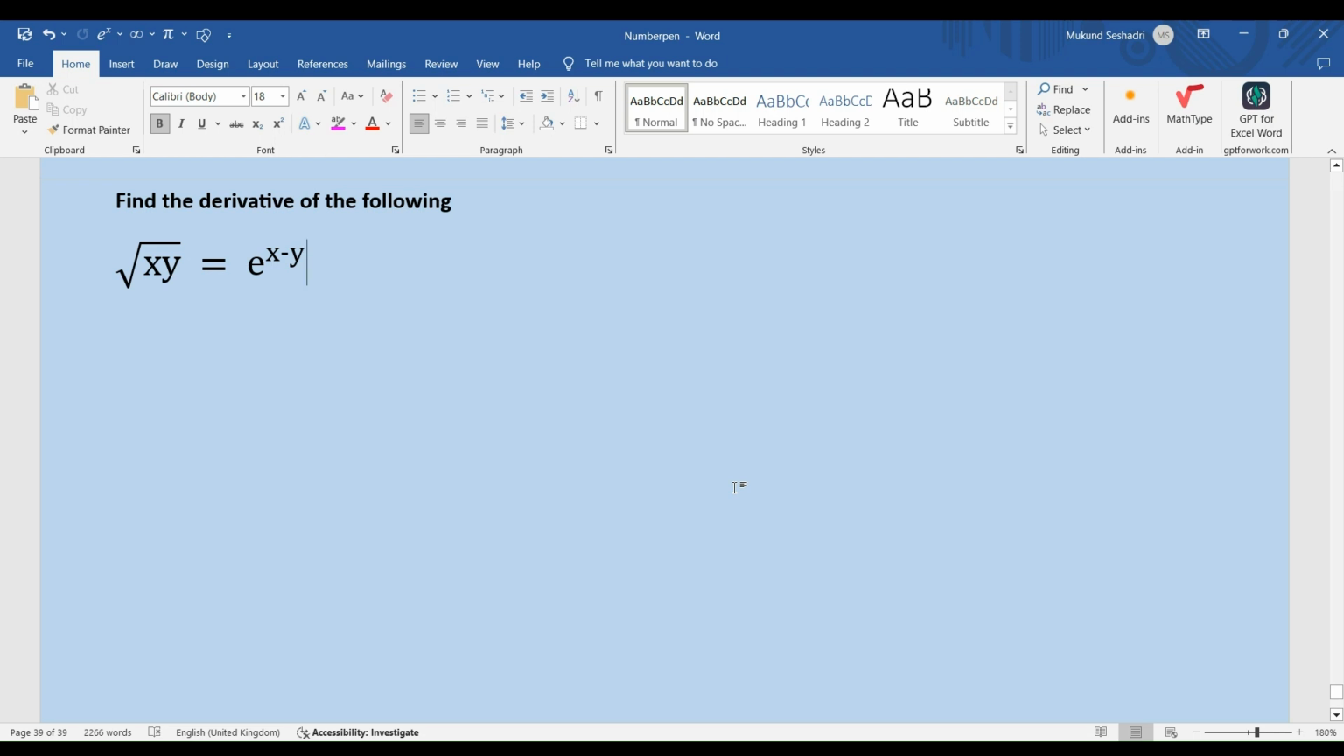So there we have the problem on our screen. Find the derivative of the following: square root of xy equals e to the power x minus y. Right. So before we go into solving these problems, I want to draw your attention to